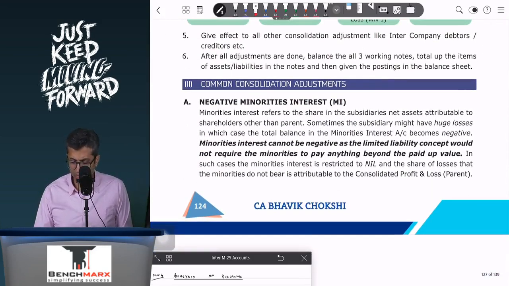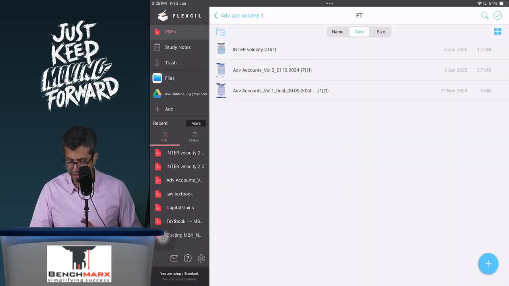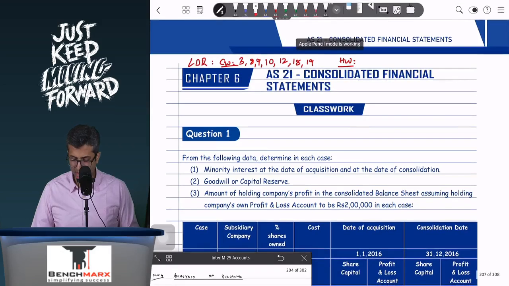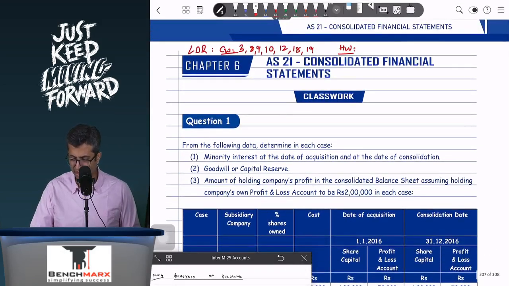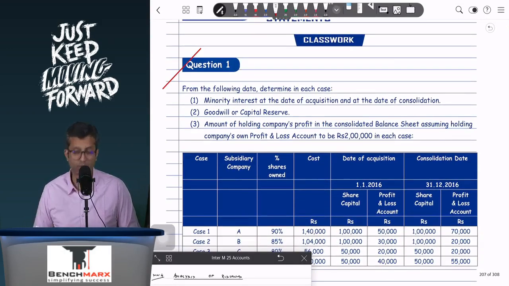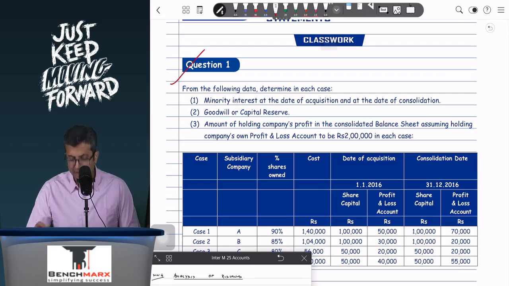So over here, there are a few common adjustments that we would want to discuss. But before that, it's best if we try to apply this through a few sums. So let us go to question number 1. Again, we have written the last day revision questions at the top, and along with every question you will see. But over here, if I go to question number 1 quickly, just to understand what we have discussed, we will